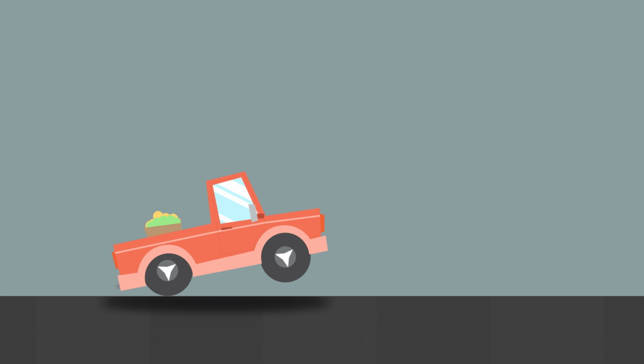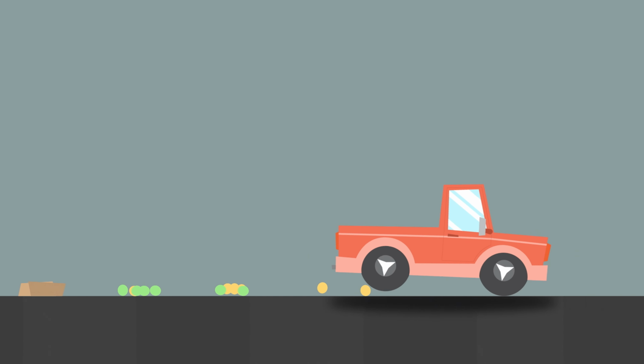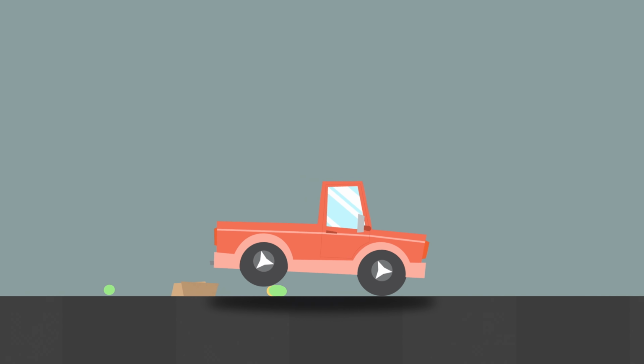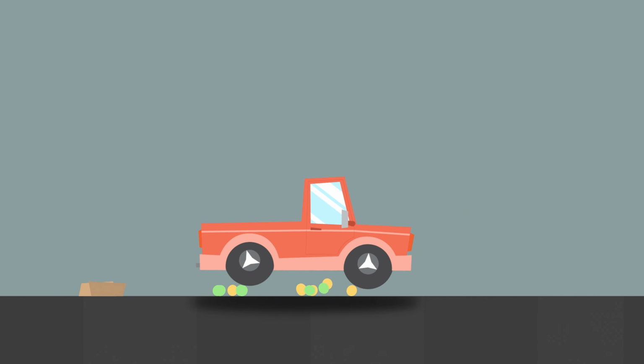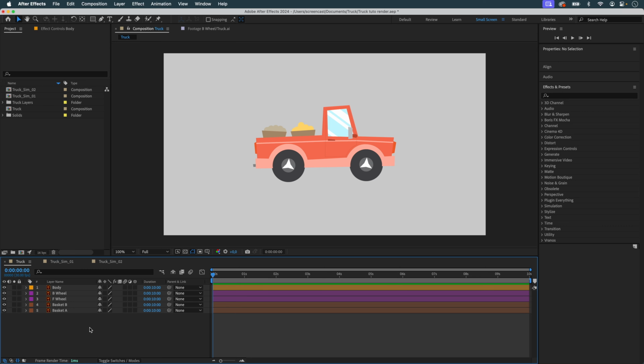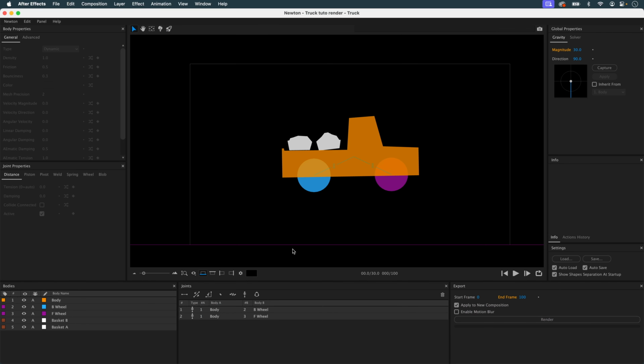So my aim here is to get my car started, but also to get it to stop. And then we're going to back it up. And the last thing is, I'd like these baskets to be emptied of objects. So we're going to relaunch Newton. I've got this simulation. This is what I had when I did my rendering earlier.